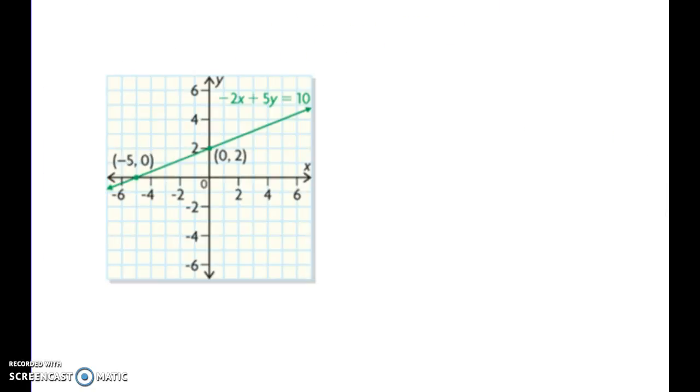And the last thing we need to do is remember this is an inequality. So if this was an equal sign, then this would be the line that we're talking about, because our equation would equal this line, but it's not. We're talking about an inequality. So it either has to be greater than or equal to this line, or less than or equal to this line. So that means we're going to either include the information above this line, or the information below this line. So how we test this is, we take the equation that we were given,